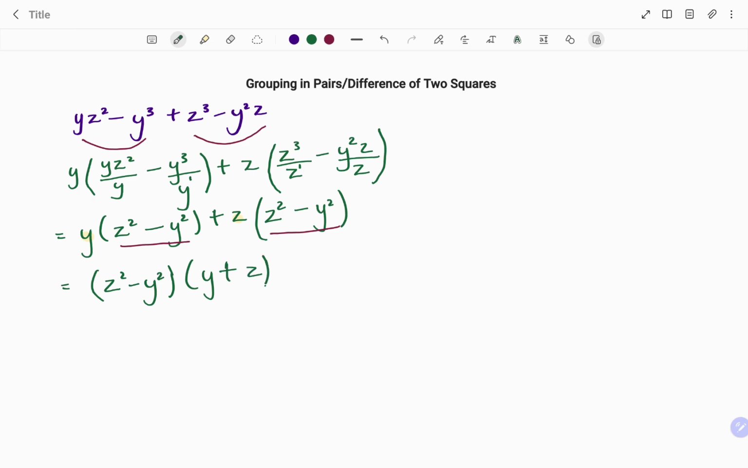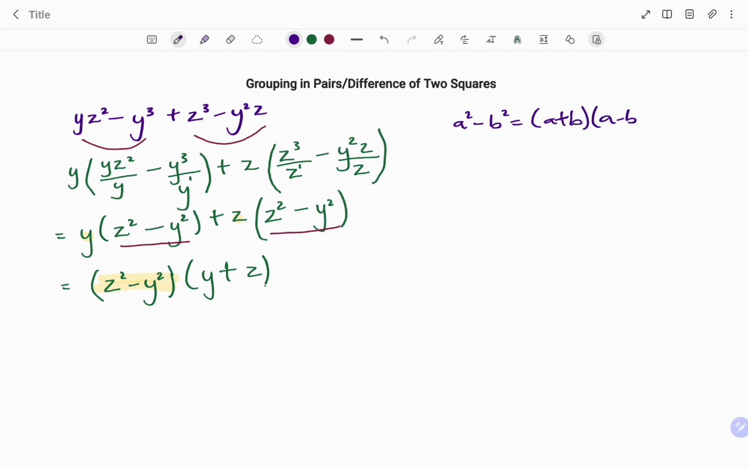But I'm not done. If you look at the factors I have, z squared minus y squared, then y plus z, I can still factorize z squared minus y squared using the difference of 2 squares. The difference of 2 squares states that if I have a squared minus b squared, it must be 2 terms, both perfect squares, separated by a minus. I have a plus b